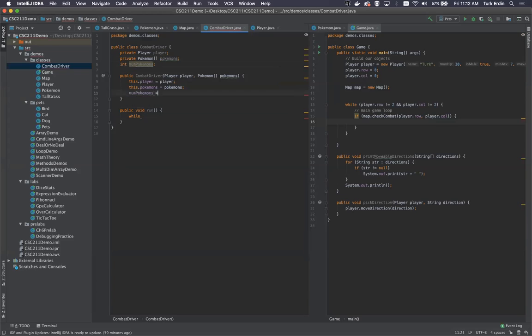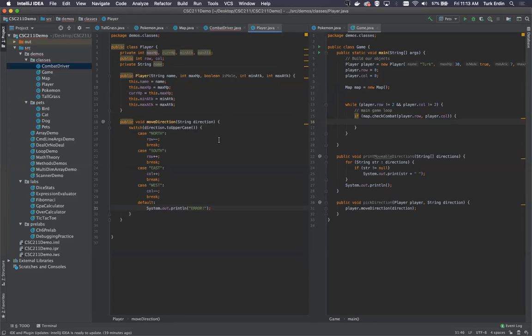Num Pokemons is equal to pokemons.length, while player.getHealth, getHP,